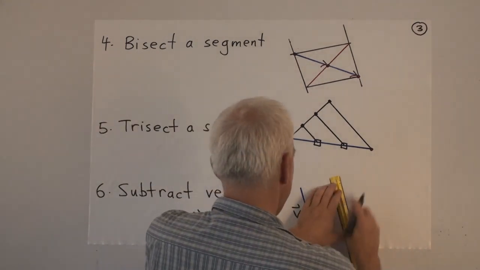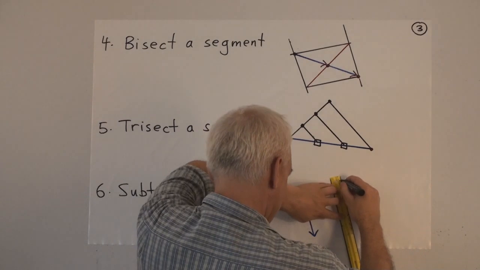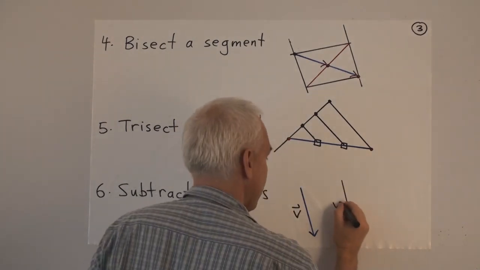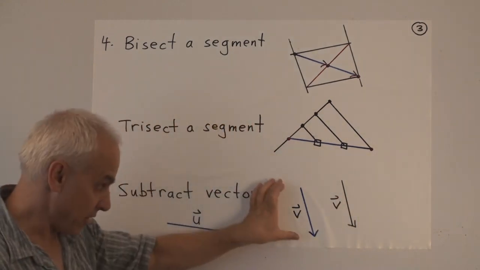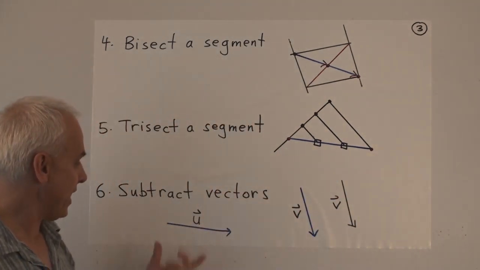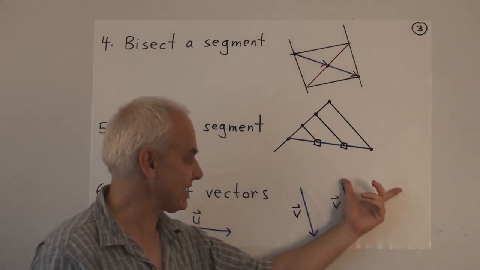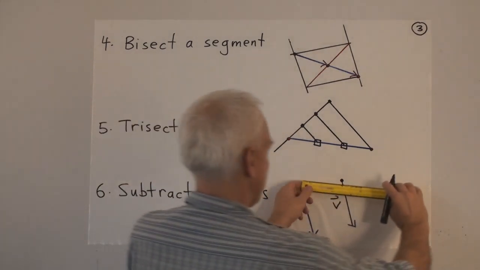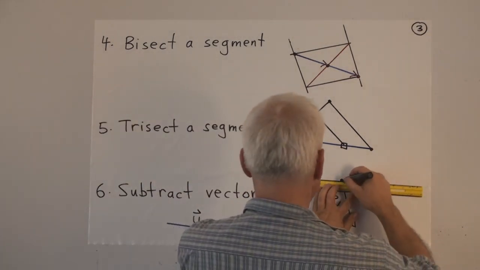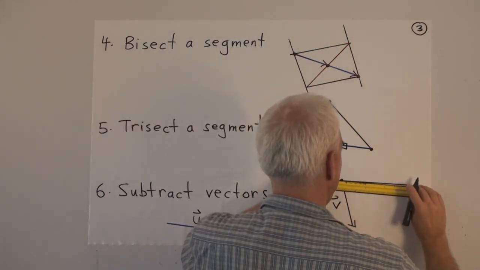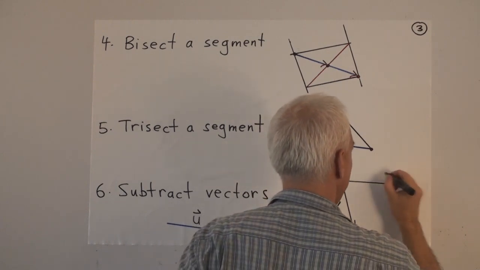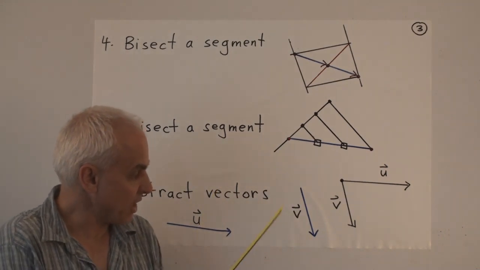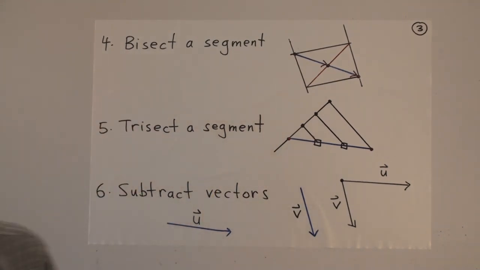All right, so let's create a diagram by copying first our vector v, say there. That's our vector v. That's using our notion of translating a vector. And now we're going to take a copy of u and translate it so that it's starting here. So it's in that direction. So let's say that's the vector u. All right, so we've put the two vectors together so that their tails are touching.